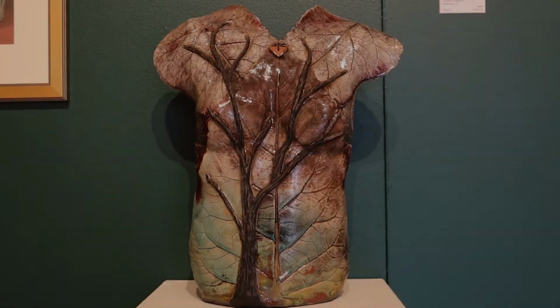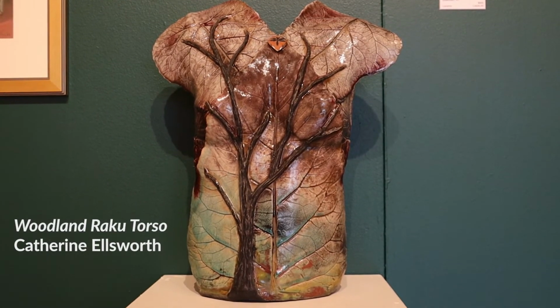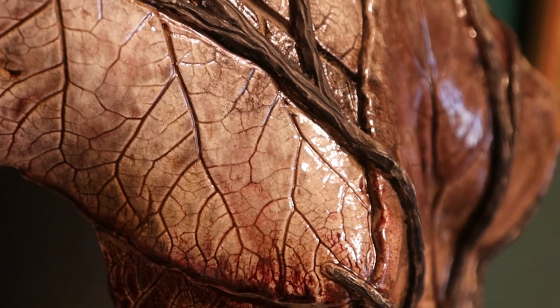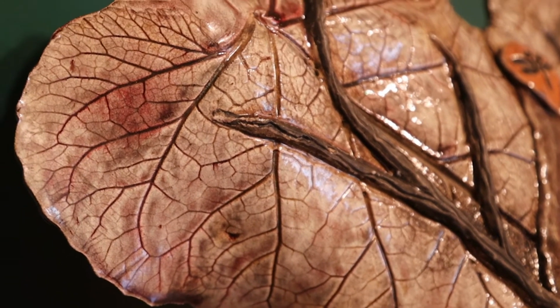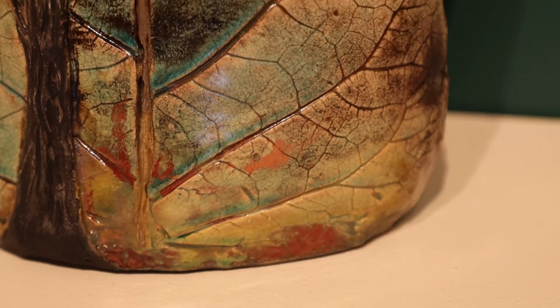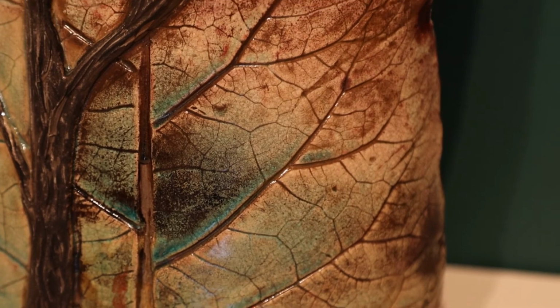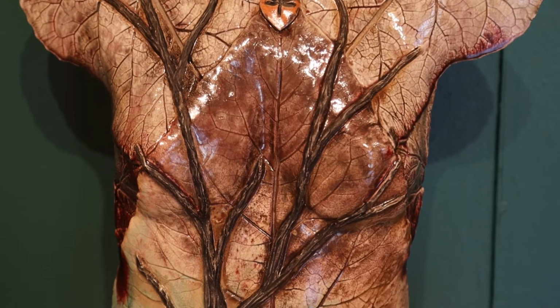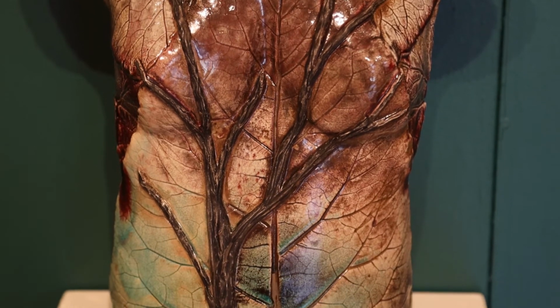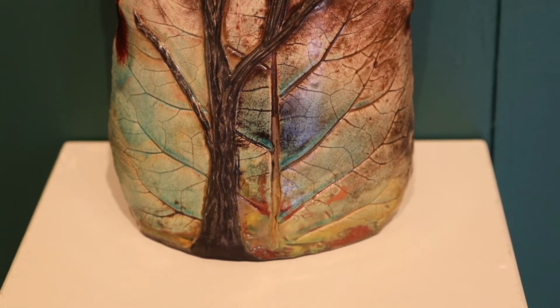This piece I really like. When you look at it, you can see an extreme amount of detail that goes into it. There's leaf veins. The color changes here at the bottom from the green to the blue. It's really subtle, but makes a huge difference when you look at it up close. More importantly, it looks like the breastplate of a warrior from the Children of the Forest from Game of Thrones,